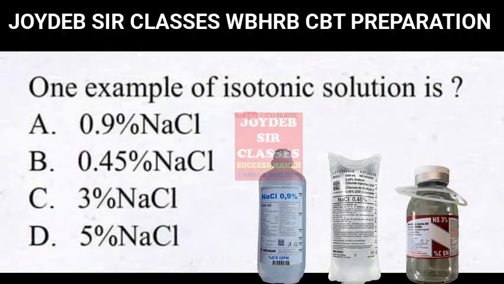One example of isotonic solution is A. 0.9% sodium chloride, B. 0.45% sodium chloride, C. 3% sodium chloride, D. 5% sodium chloride. And the correct answer is